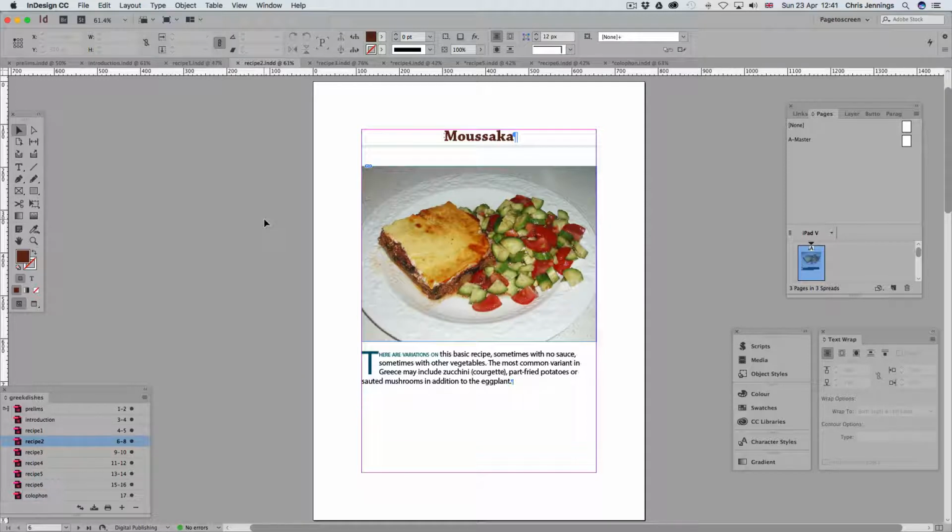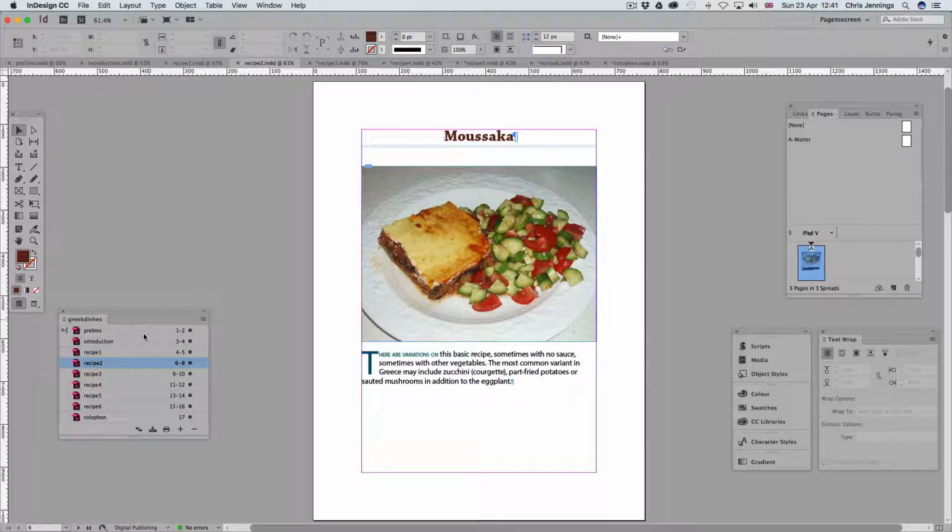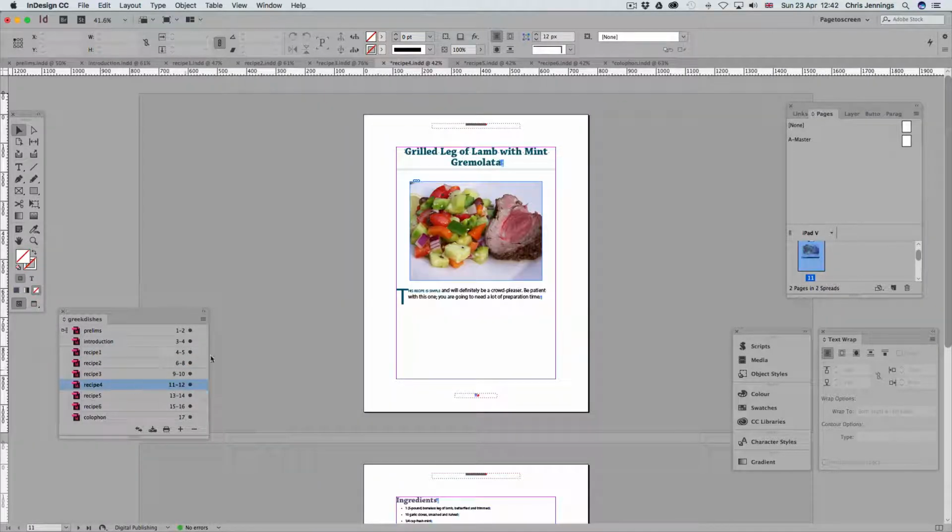placed into iBooks Author. The first thing is, you'll see I've got my book here and I've got one of the recipes open. I haven't finished all the work that I'm doing on this yet before I take it, but let's just look at another recipe, and you'll see that in this particular recipe I've still got showing the header and the footer. Well, in fact, it's a good idea to get rid of these temporarily before we take this content from here to iBooks Author, because iBooks Author doesn't need the footer and the header, as you'll see in a moment. So to keep things simple, we're going to move this away, and the way that I'm doing